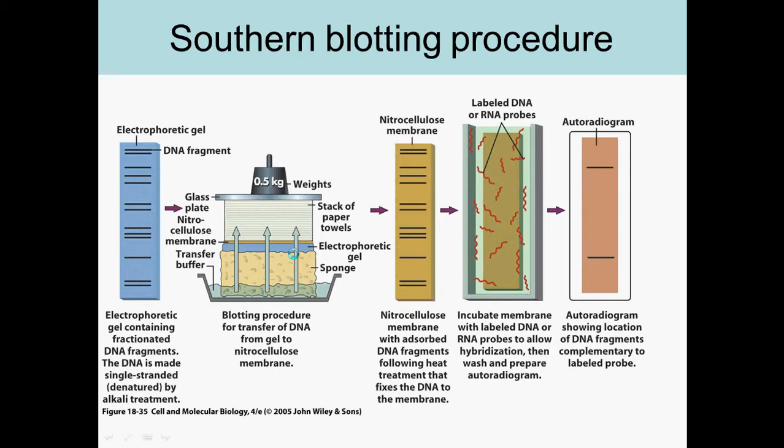And then the DNA is going to get carried onto the membrane, because the membrane has an affinity for DNA, and then you're going to use heat to fix the DNA onto the membrane, and then you're going to put the membrane in a solution with the probes in it, DNA or RNA probes, and then they will hybridize to the DNA, and then you'll see the fluorescence or radioactivity